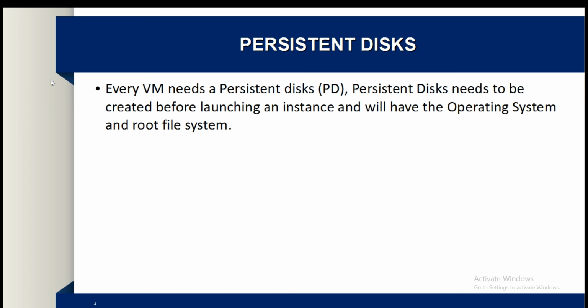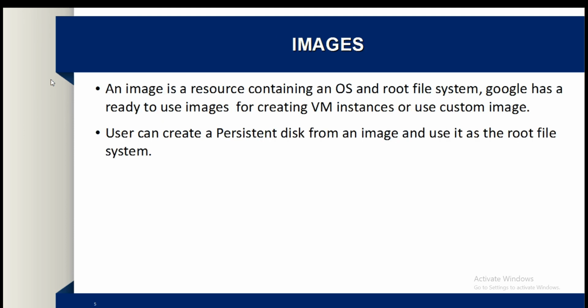It's a durable and high performance block storage for Google Cloud Platform, and it provides SSD, that is solid state device, and HDD, that is hard disk drive storage, which can be attached to instances running in Compute Engine. So that is persistent disk. In the upcoming lab section, we will discuss how to create and attach a persistent disk to a VM instance, and how to create images using VM instances. All those things we will see in the next section.